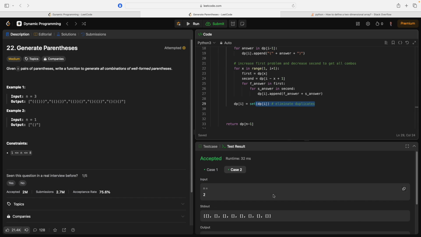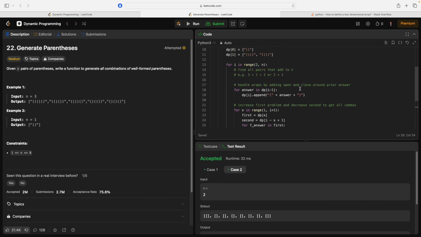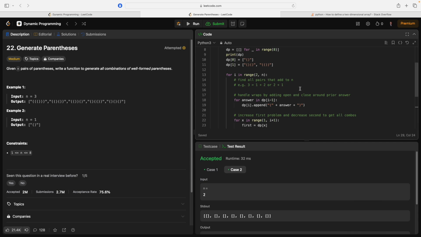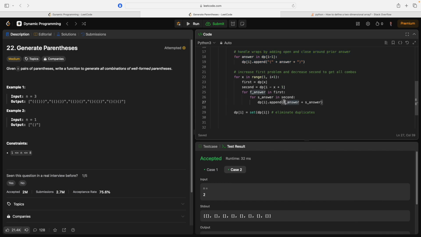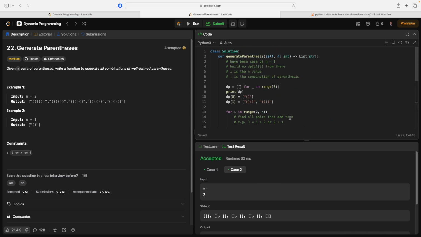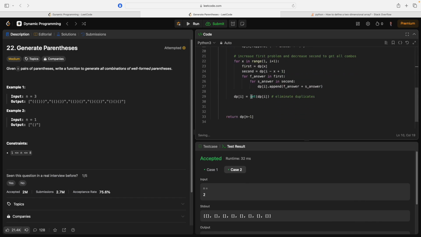Oh, okay. I looked it up. And I found a great point. Instead of doing the wraparound of the answer before it, just do the wraparound when you add them together. And to make this work, you actually have DP[0] just be empty parentheses. Thereby, when you do the wraparound,